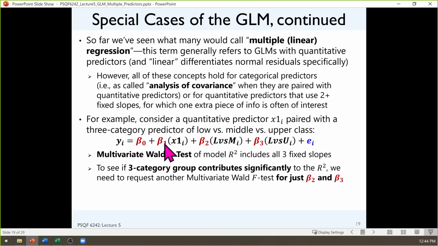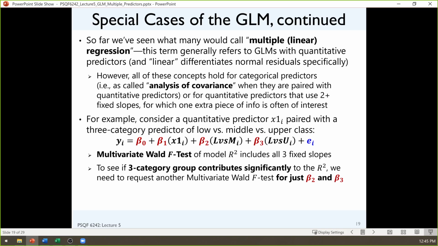So I have beta 1 as sort of one idea that describes how x1 relates linearly to the outcome, and I have beta 2 and 3 in this case, which describe differences between these 3 groups and how they relate to y. So if I were to put this model into SAS or Stata, I would get a model F-test, right?